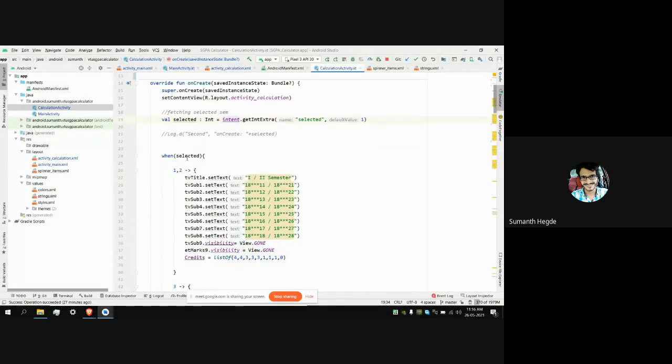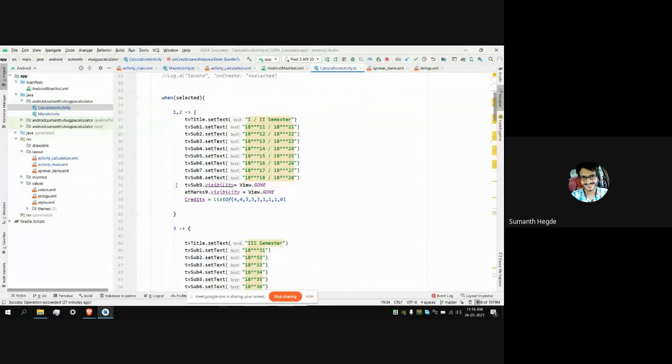If the selected value is 1 or 2, that means the user has selected the first or second semester. Then we will change the text we use for that particular semester. If we selected the first sem, then we are setting the text views for the first semester or second semester.